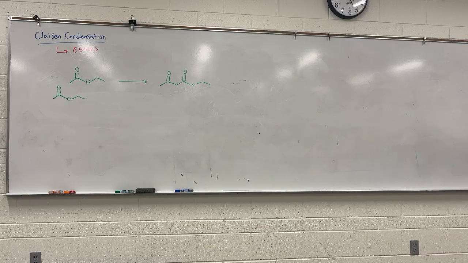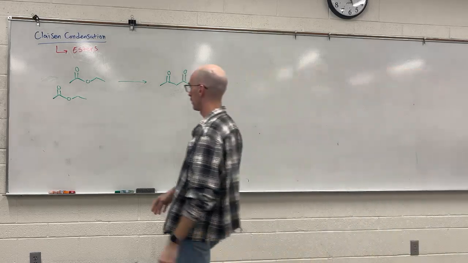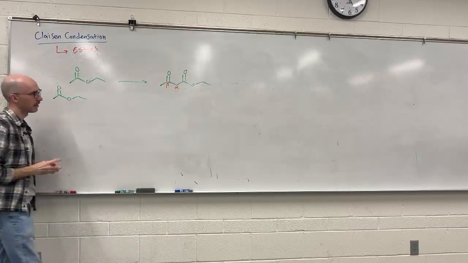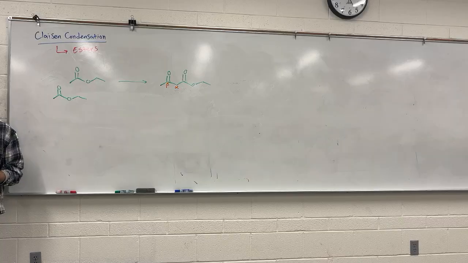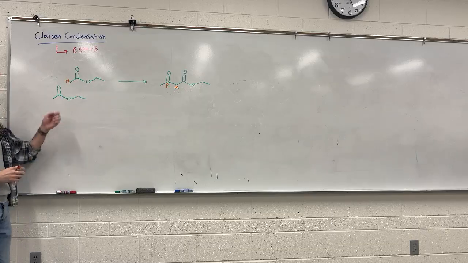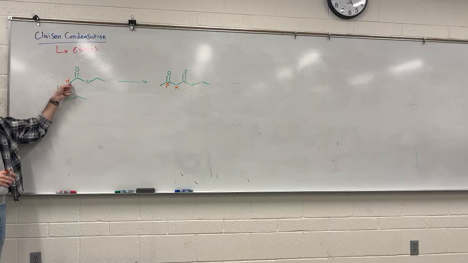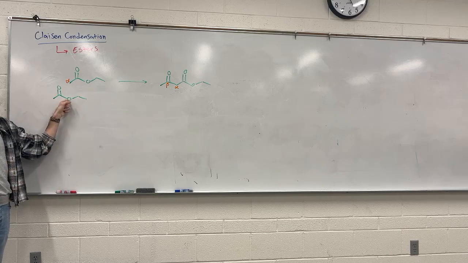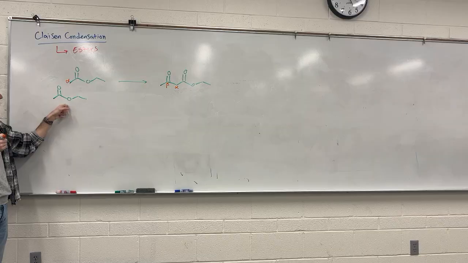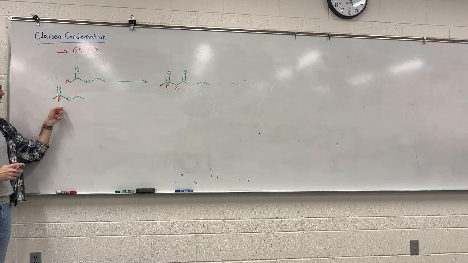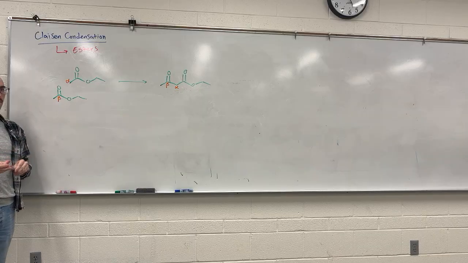And the beta carbon, of course, is here. Here's my alpha. And guess what? The beta carbon was a carbonyl carbon. So if this is alpha, this will become a nucleophile, and it will substitute the ester linkage. It becomes a nucleophile, attacks the new beta carbon, and substitutes the ester linkage.